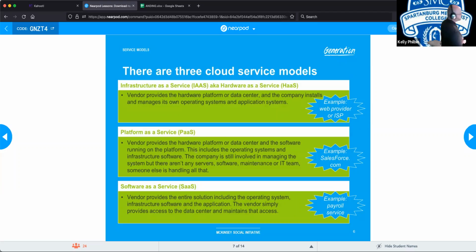Platform as a service. Well, let's skip over that one for right now. You have software as a service. That is everything included in one. I will get to you in just 1 second, Cynthia. So it's everything in one. It's all packaged, pre-made, set up, served to you on a platter. This would be like Gmail, Outlook.